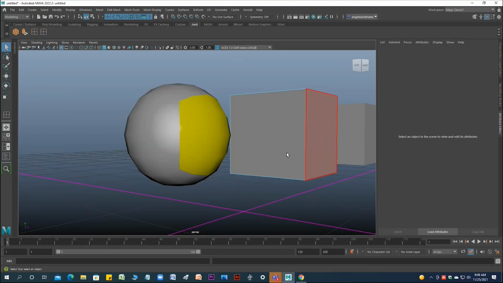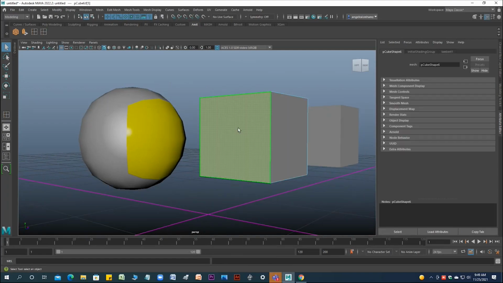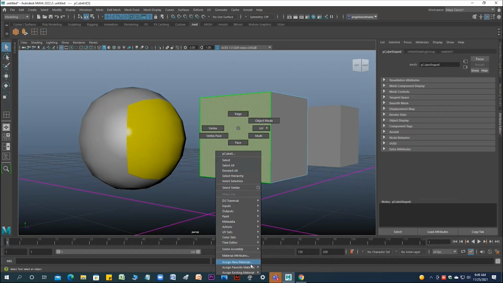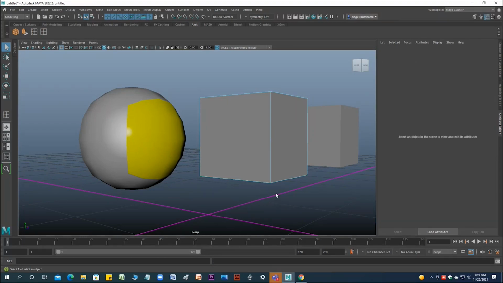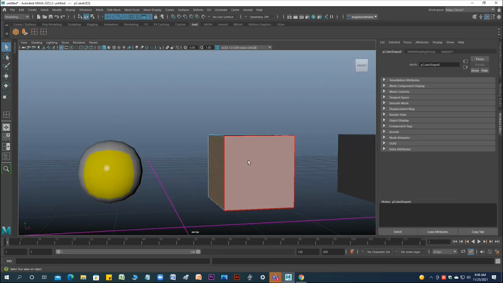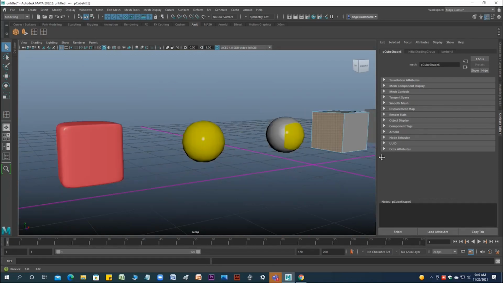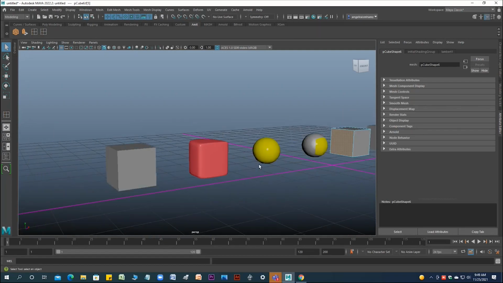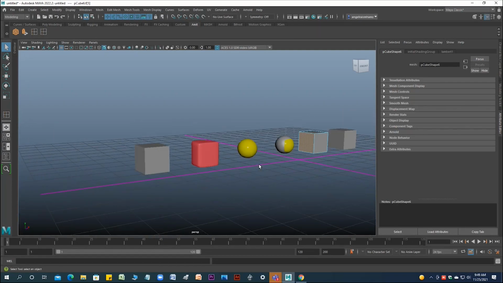What you have to do is go to component mode, check the face and select that face, then apply either an existing material or anything. So this is all about shader. Hope the basic thing is clear to you.